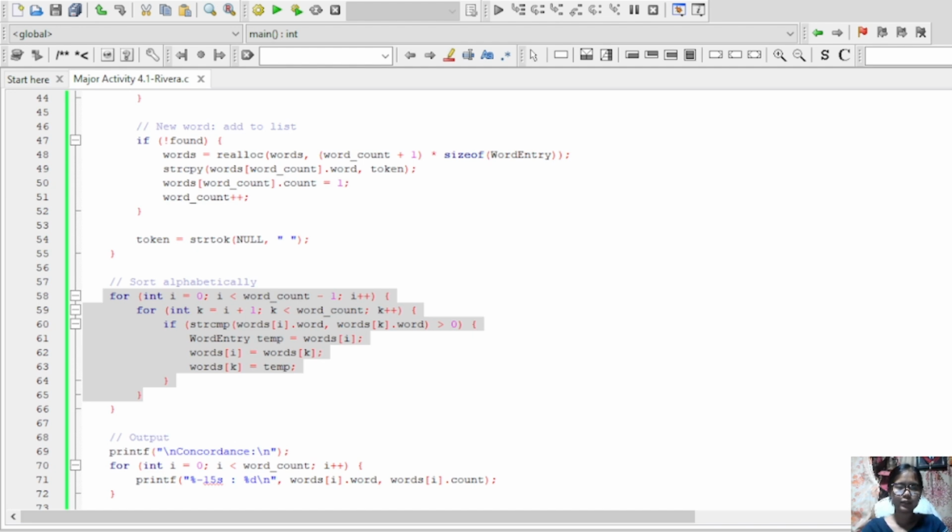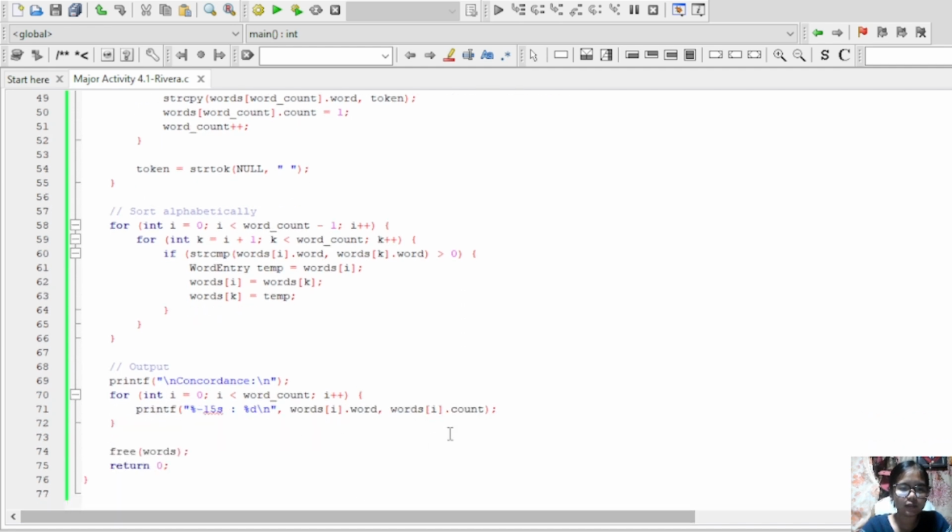The next part is printing the result. Let's scroll down.